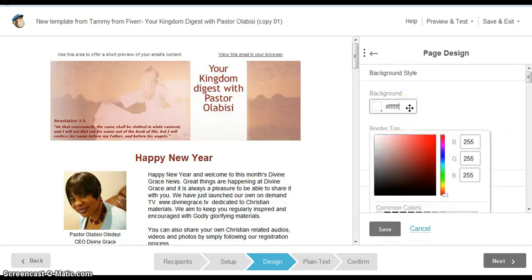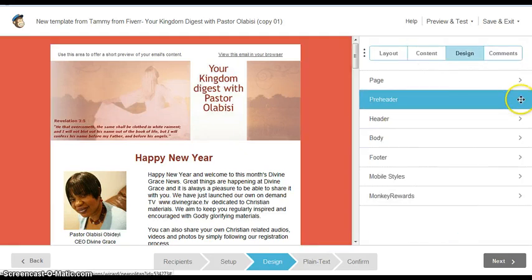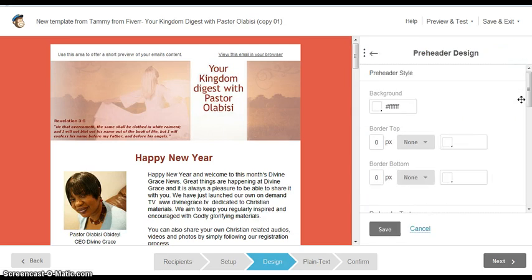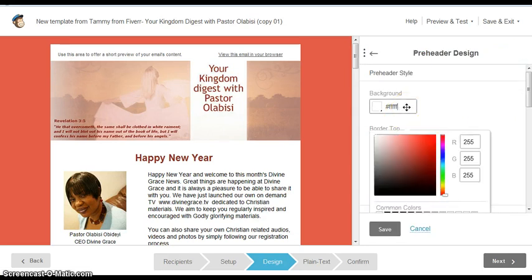I'm going to paste in this color. I believe that I give that to you. Okay, I'll go to the pre-header and do the same thing. Background. You can actually do borders around